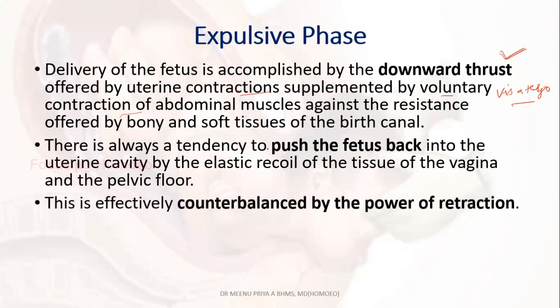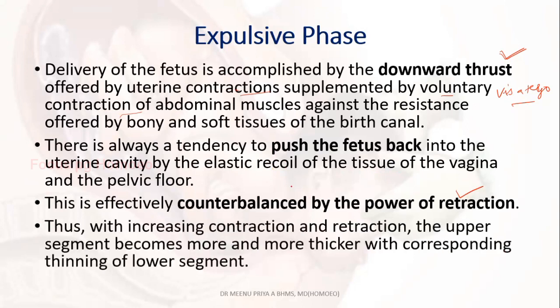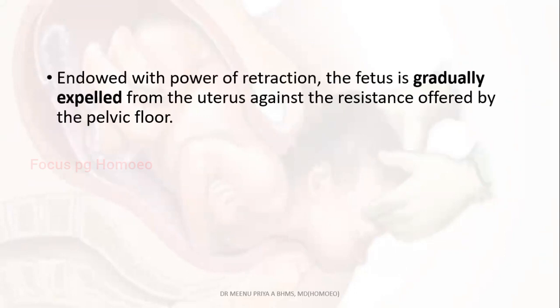So this is effectively counterbalanced by the power of retraction. And that is why the fetus is not pushed back. It is helping in the descent and expulsion of the fetus. Thus, with increasing contraction and retraction, the upper segment becomes more and more thicker, with corresponding thinning of the lower segment. And endowed with the power of retraction, the fetus is gradually expelled from the uterus against the resistance offered